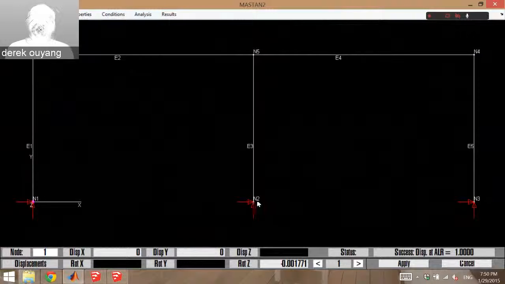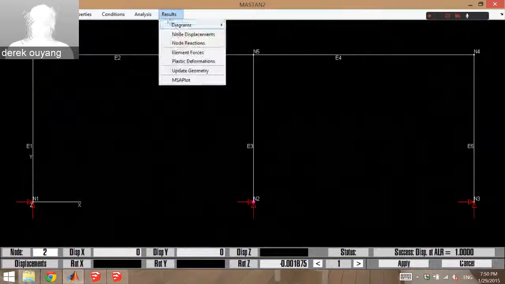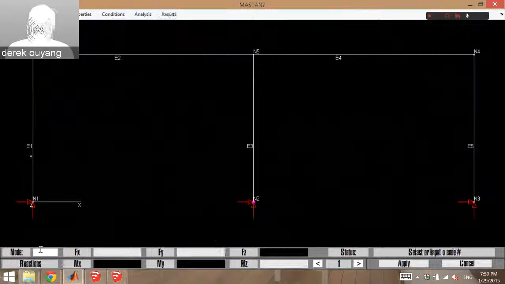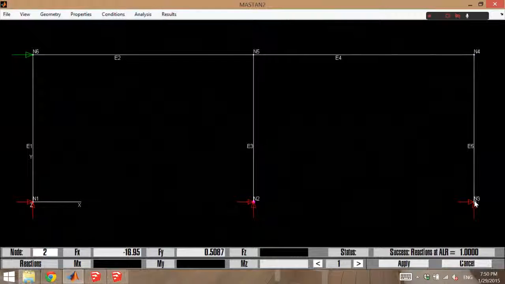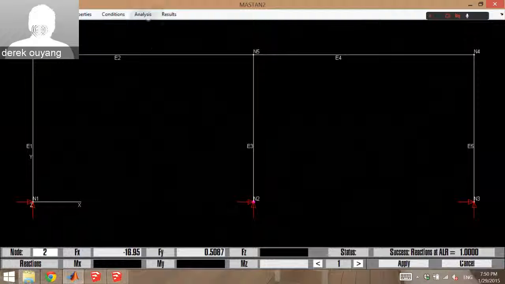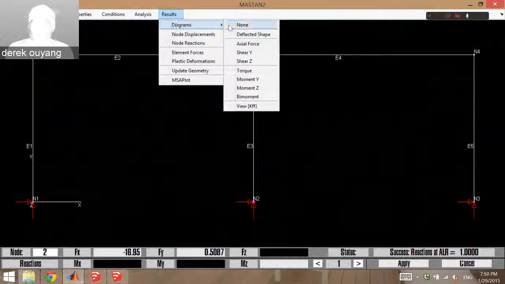Obviously, you're going to have no displacements on your fixities. The other thing you can do is look at node reactions as well, if you just want to focus in on the base, assuming you know that's where the maximum moment is on the structure. Of course, here we've got it pinned, right? You can also look at shear Y,